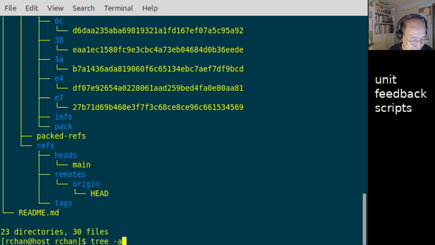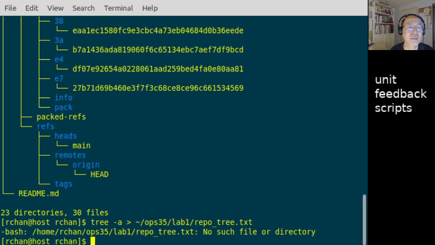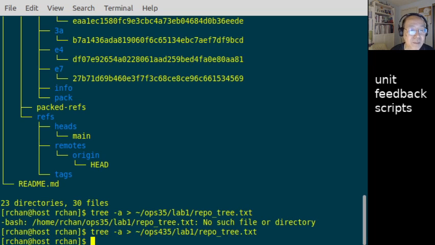The lab also asks you to capture the output of the tree -a for the lab submission. And you should capture the output into repo tree.txt. Oh, sorry, there's a typo here. And then you go back